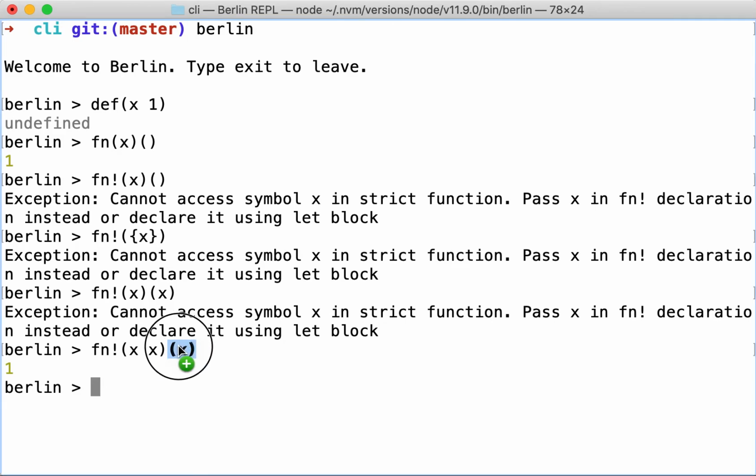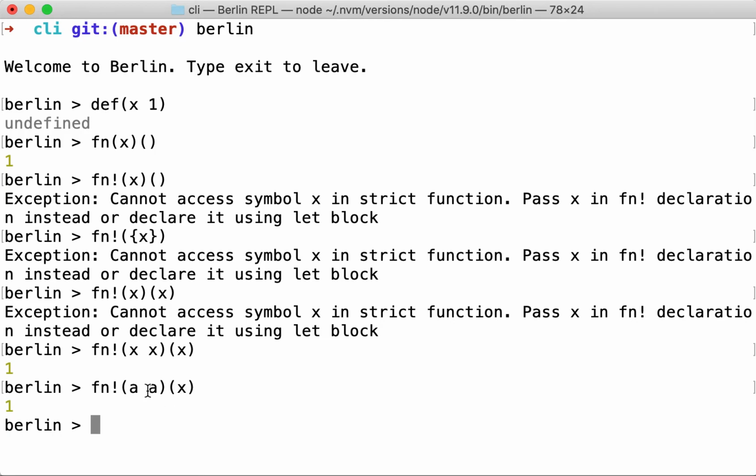But here in these parentheses, x is bound to the value 1, which is what we declared it to be earlier. Having 3 x's in a row might be a little more confusing to read. So let's call this a, just to show whoever reads this line of code that these are logically independent from each other. And so there you go.